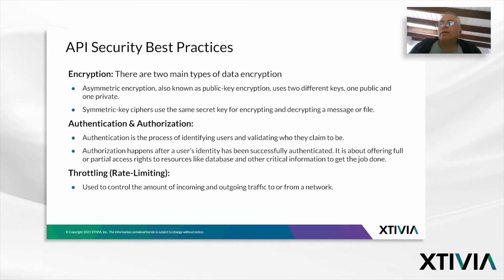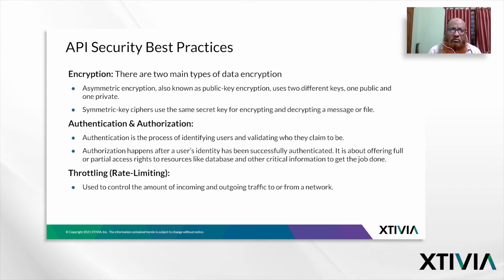All right, so let me ask you a question here. I know that you're talking about authentication, authorization, and encryption, but that applies to any IT data security practice, right? Where we have to encrypt our data to make sure that it is not being tampered with in motion or at rest. And with authentication and authorization, you need to make sure that whoever you're giving the keys to the kingdom truly should have them. So tell me about other things that are specific to API security that we need to be aware of and that are best practice for securing APIs.